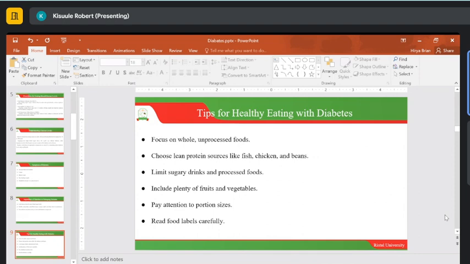Okay, so when we talk of foods that have a low glycemic index or a high glycemic index, for the low glycemic index, we are looking at foods that release glucose slowly into the bloodstream. But for foods with a higher glycemic index, we are looking at those foods that will cause spikes in glucose the moment you eat them. That is always a characteristic of highly refined or highly processed foods. But for whole or unprocessed foods, the foods that are rich in fiber, you will see that they release glucose slowly in the blood.